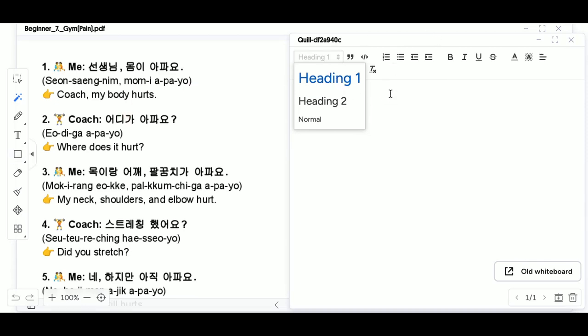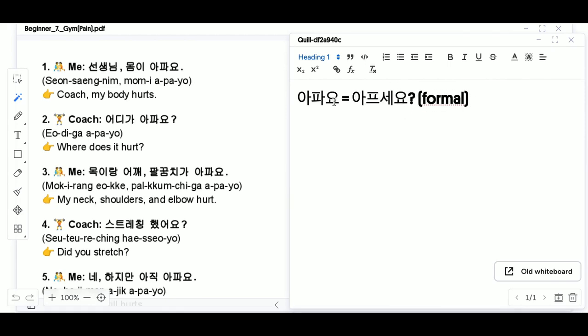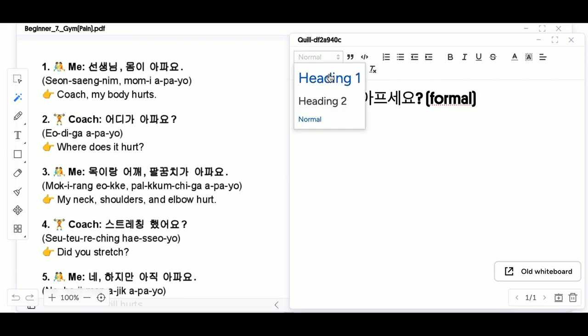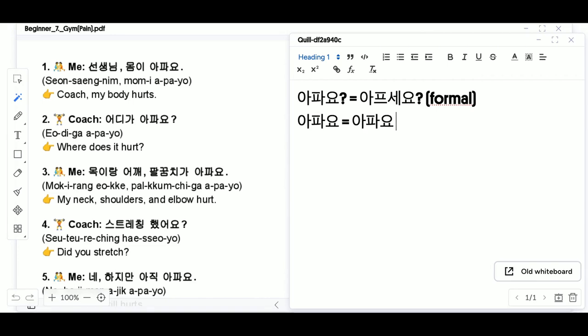And 어디가 아파요? 어디, we know where, right? 어디 is where. And 가 is, and 아파요, same, 아파요, with a question mark. Then how do we say it in a more formal way, 아파요 instead of 아파요? The formal way is 아프세요 for the questioning. For answering, actually, 아파요 is also 아파요, but if you want to be really more formal, then wait, so